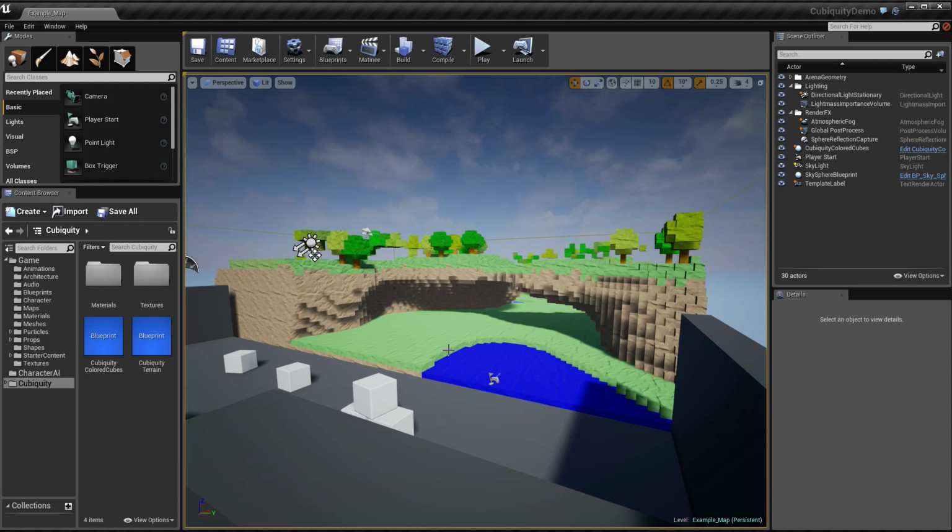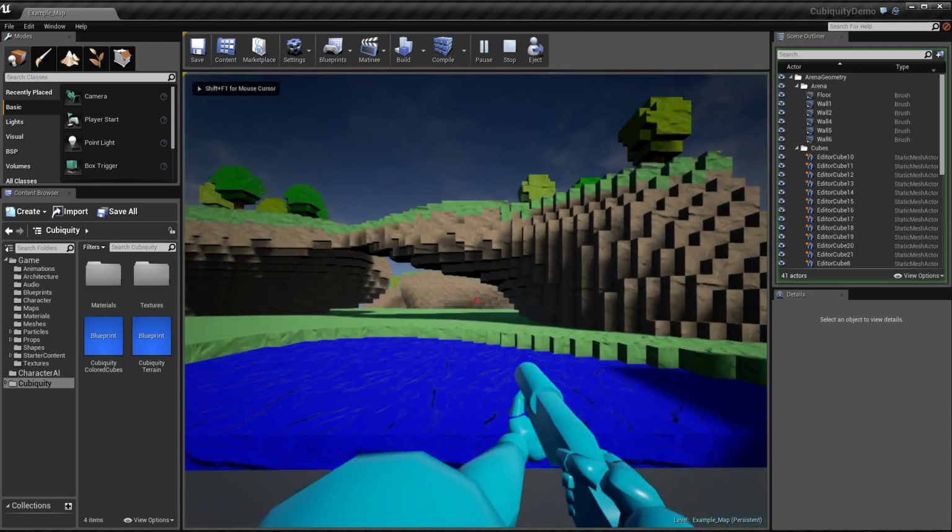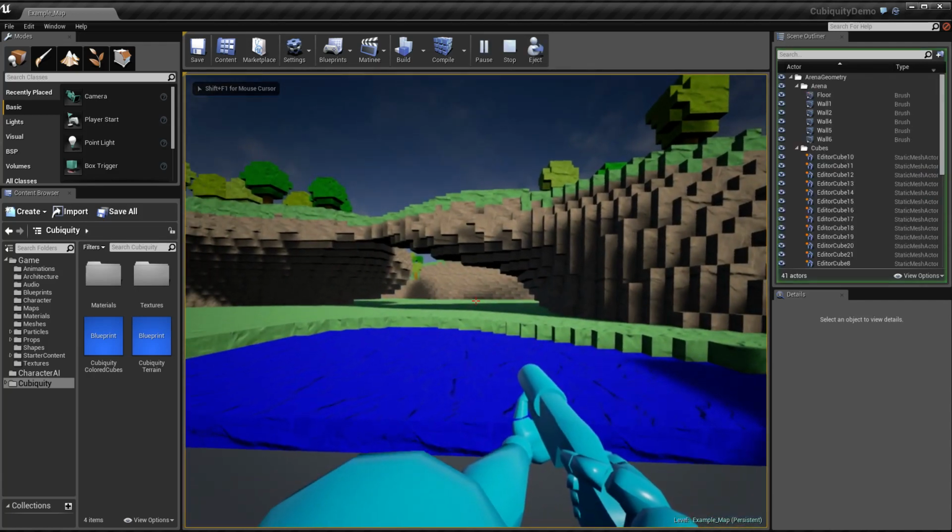To get both of the two different types of terrain working, I've done a lot of work in the underlying layers, trying to make the code as generic as possible and adaptable to any future feature additions I might like to make. So I'm going to jump into play in editor mode and show you how the colored cubes terrain works. You probably saw, briefly, as I loaded that, the sections of the terrain appeared